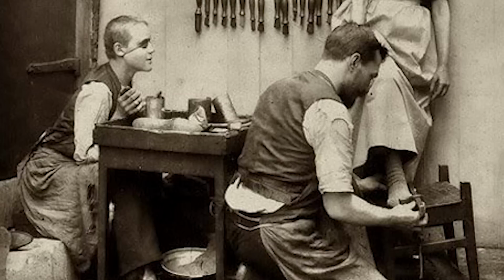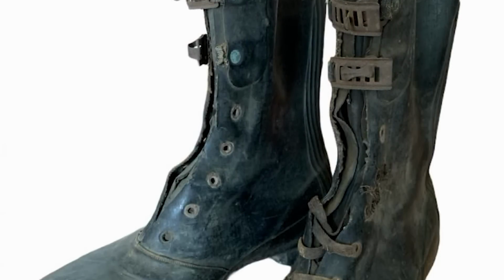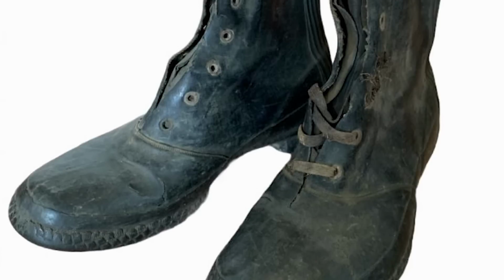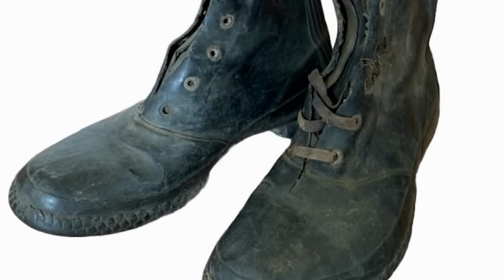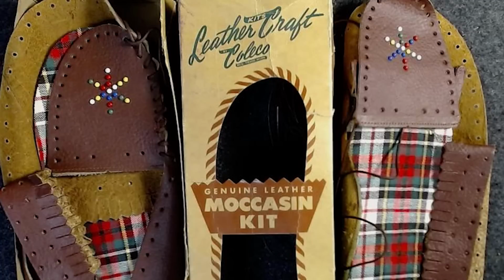This would change in 1938 when the company would shift its focus to supplying rubber footwear for soldiers in World War II. Demand was heavy, and by the end of the war, the company was larger and in much better shape than it had ever been, and by the 1950s, it actually started making leather crafting kits among other products. In fact, their leather moccasins kit was actually selected for the Child Guidance Prestige toy. This incentivized them to start investing more into the toy business officially. This was so successful, they actually ended up selling off the leather part of their business and rebranding as Coleco